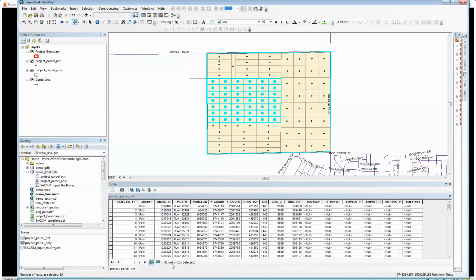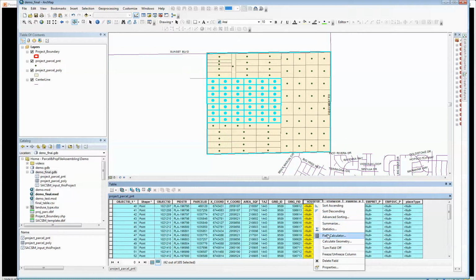There are 42 parcels in this area. Because the housing variable is defined as occupied dwelling units, we need to apply an occupancy rate, for example, 0.95 here. So the equation to compute HOUSESP will be